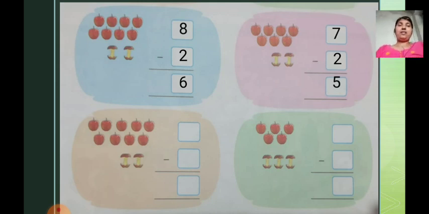Now see the next one. Count how many apples are there? 1, 2, 3, 4, 5, 6, 7, 8 and 9. So write down the number 9 in the box. Among 9, how many apples are eaten? Only 2. So write down the number 2 in the other box. Now here we got the subtraction 9 minus 2. Again you have to follow the same method. After 2 you have to count till 9. After 2: 3, 4, 5, 6, 7, 8 and 9.